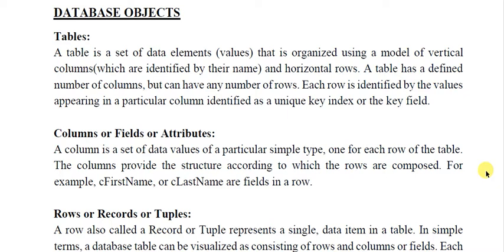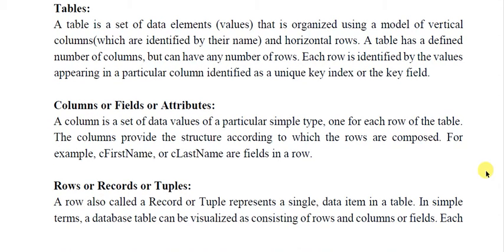So if you are designing a table for student information, what can be the possible fields? Student ID, student name, date of birth, address, father name, mother name, contact number, email ID and many more. So these are called fields or attributes. Next point is row, records or tuples. These three also are synonyms. A row, also called a record or tuple, represents a single data item in a table corresponding to a particular entry.